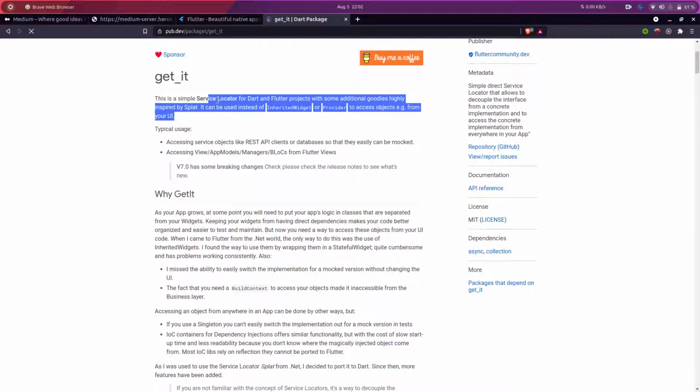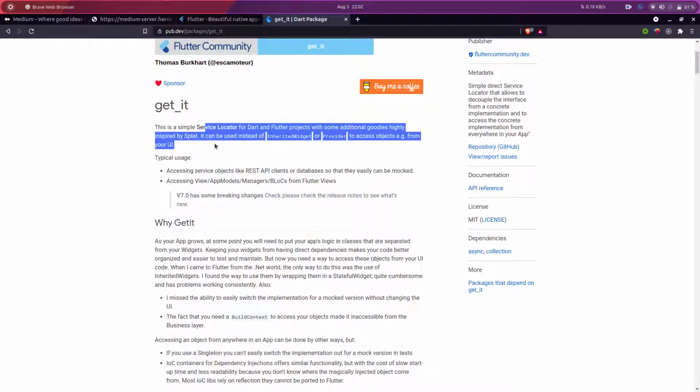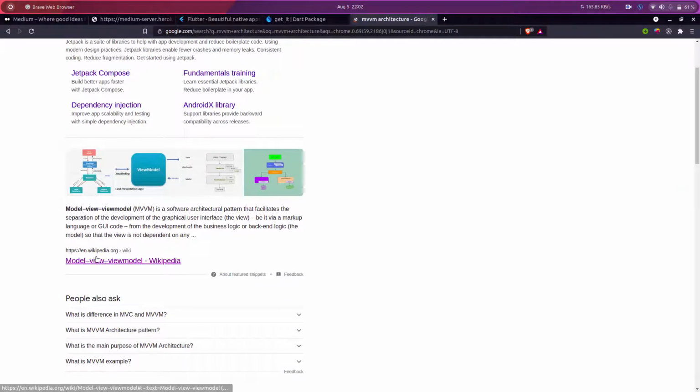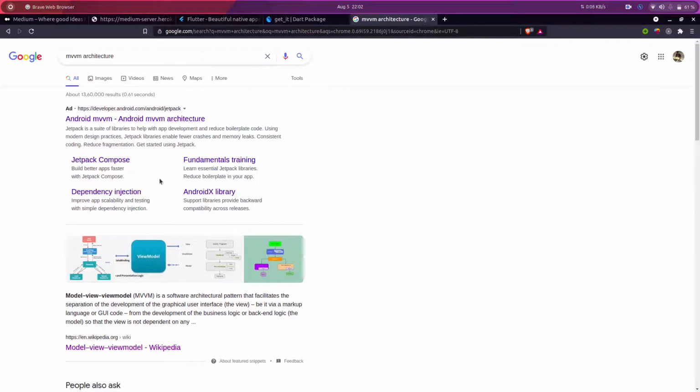I am using an MVVM architecture that we'll be using here, and the difficulty of having an MVVM structure in Flutter is that I have to, let me show you the MVVM architecture also. MVVM architecture is mainly used in Android development, and it's good for the development field.